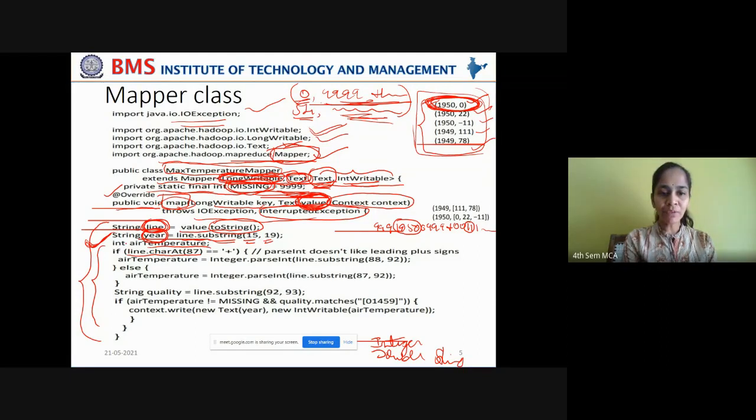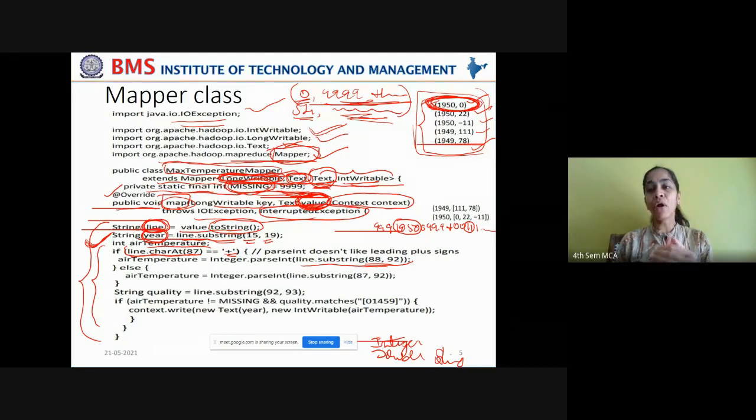Now what it is doing: if in this line, the character at the 87th index number is equal to plus, in that case, you take the substring from the 88th location. See this carefully. If it is a positive temperature, you just note it as a normal temperature. If it is a negative temperature, take the air temperature along with the sign because it indicates very low temperatures, right? Maybe there is snowfall in that particular area.